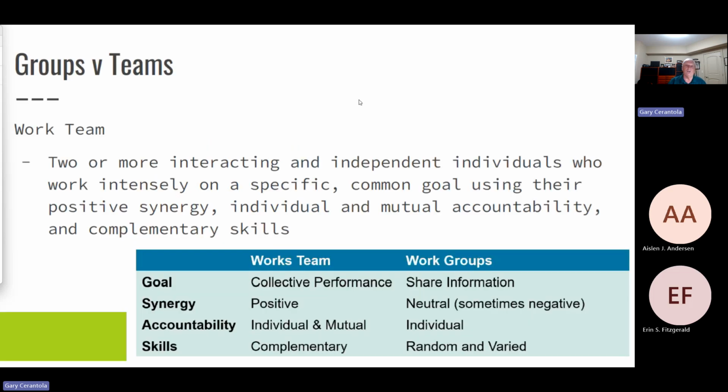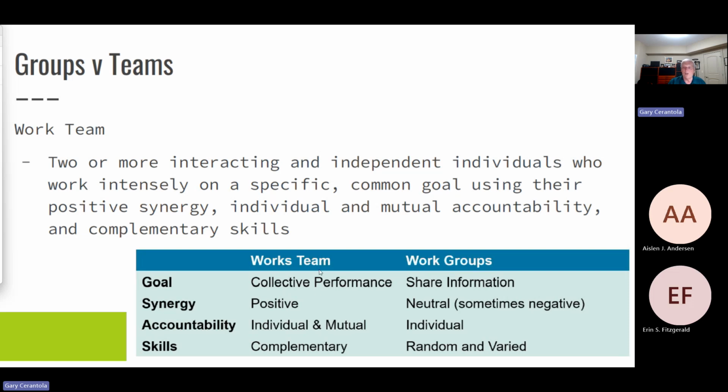And this, understand, groups versus teams. There's work teams and there's work groups. So take a look at the goal. Well, you may have a team that has to solve a particular specific problem. Well, it's a collective performance. Whereas a work group, so say 100 people in a call center, all they need to do is share minimal amounts of information. I mean, they're all individuals, basically not collaborating, but working towards measures and KPIs that are designed by computer measurement. All right,